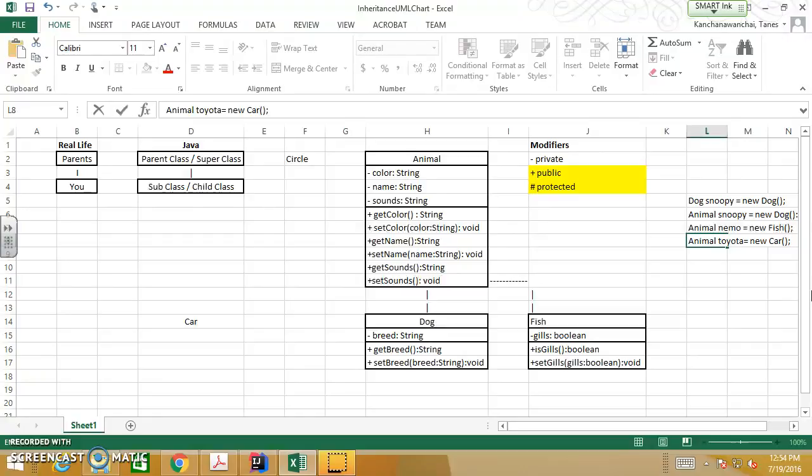Because car is not inherited from animal. We can only do car Toyota equals new car. So we cannot do polymorphism through that. But these are polymorphisms because of inheritance. Because they are inherited from animal,